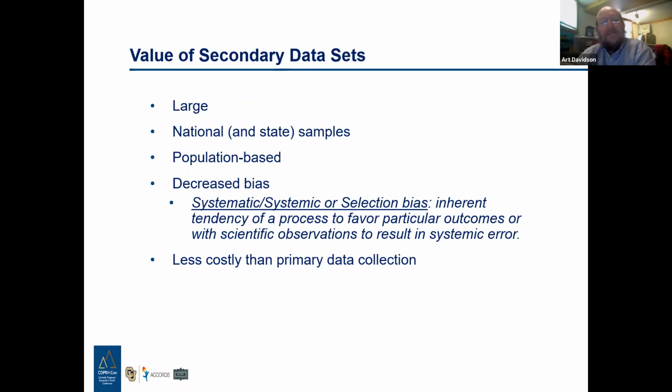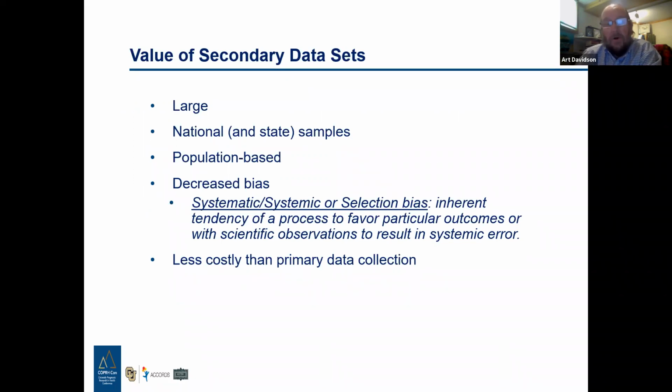What's the value of the secondary data set? Well, typically they're very large. They could be very large in geographic spread, national. Sometimes there's state samples. State sampling techniques are often used, but many of the data sets from the National Center